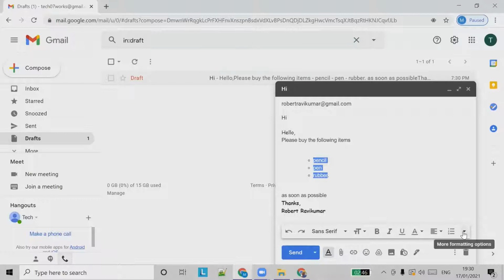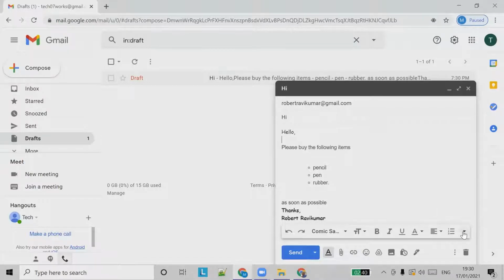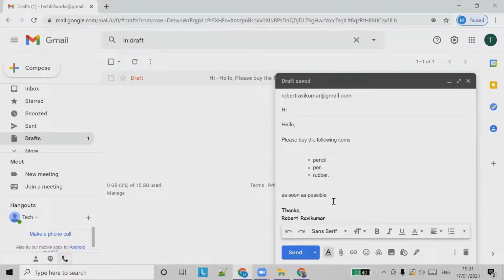So this is another formatting option provided by Gmail. Yep. So again, there are some options, and the remaining option is strike through. Let's say I want to have a strike through format. You can see it, right? It is strike through on the selected letters. What it does is it just draws a line over the characters. So that is called a strike through.